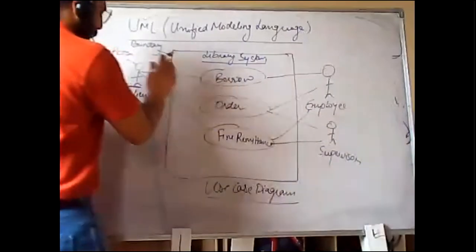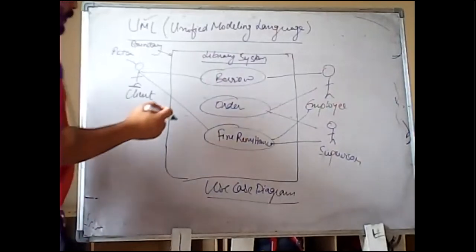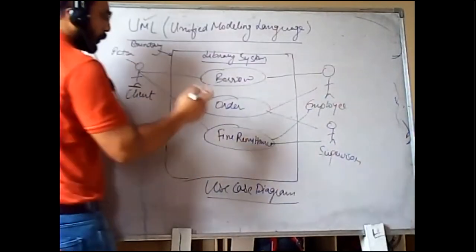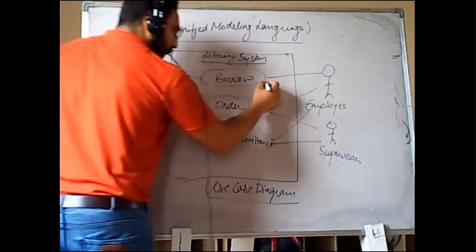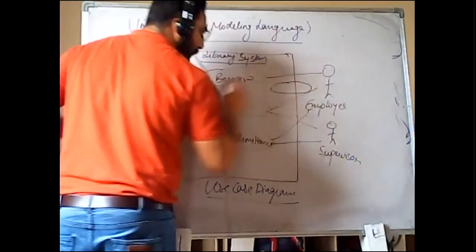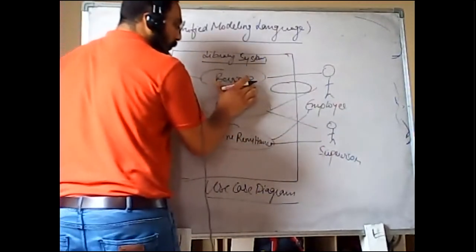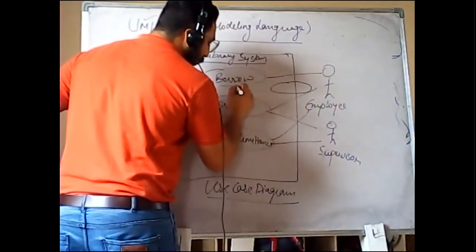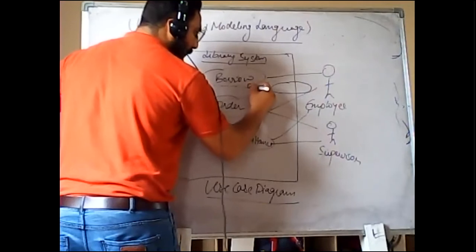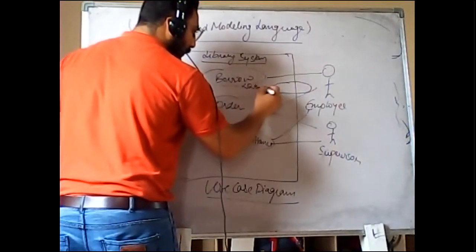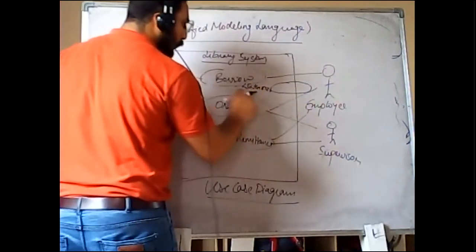Okay, in this way, we will draw our diagram. And further, there is also a relationship of include and extend. If this borrow use case has another sub use case or sub goal, after performing borrow, there is another sub case, then I will draw another line, and I will mention here this is extend. Okay, and this symbol is already in your UML. We only have to drag it.